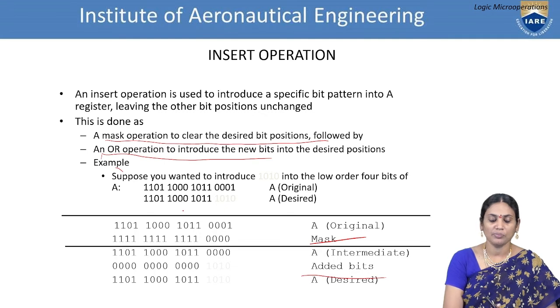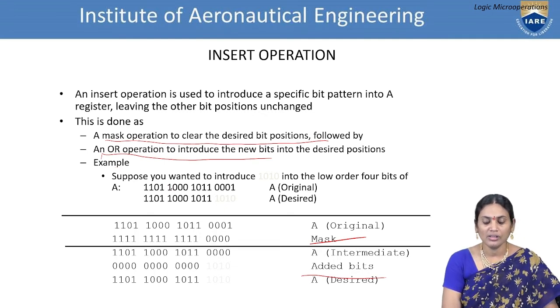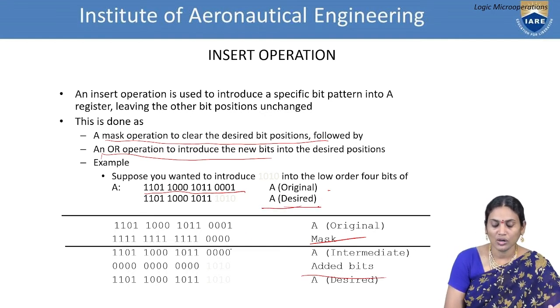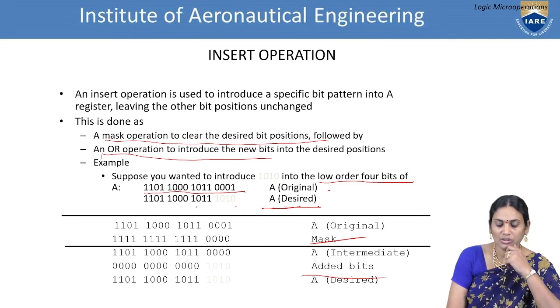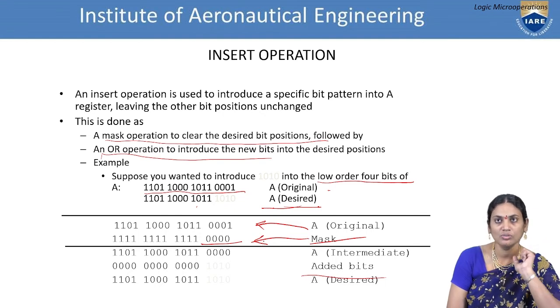Now here we have an example with low order 4 bits and high order 4 bits. Here you have the complete number. This is the A register, which has a 16-bit combination. I have a content which has to be inserted into the corresponding A. I have to insert the desired value into the low order 4 bits, which is handled with the mask register. So we have a mask operation like this. A is available and we are applying the mask. Mask is a dummy value.